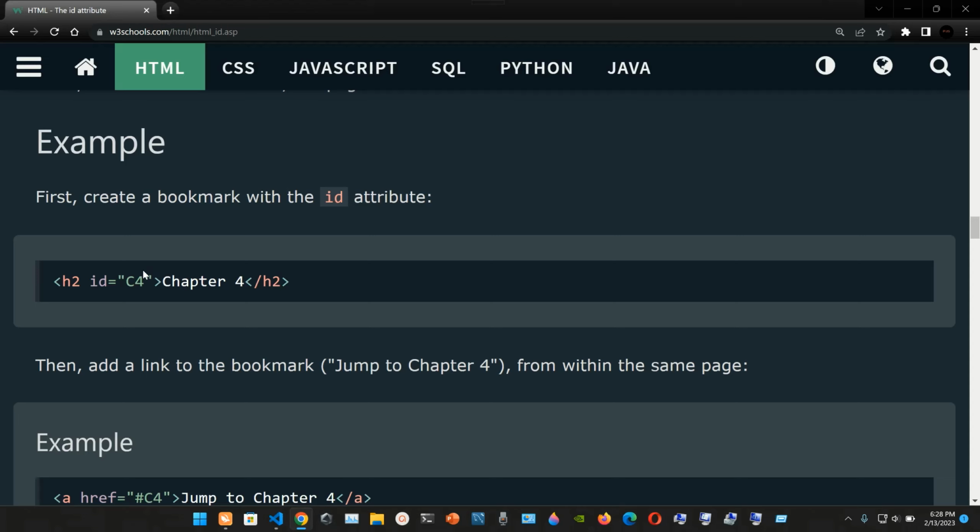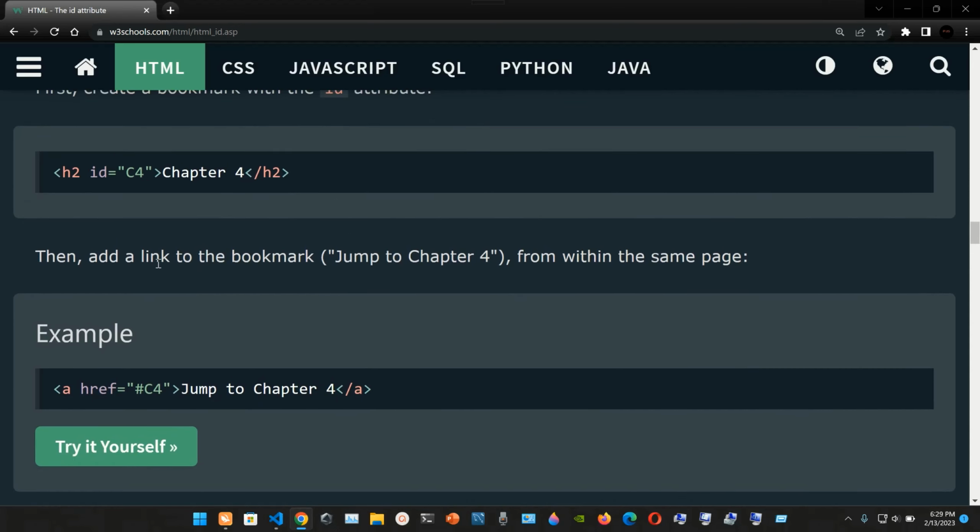Inside of the double quotes we're gonna have the C4. We close the angle brackets of the heading 2, then we have the content, chapter 4, then we end the H2 tag. Then we're gonna add a link to the bookmark, jump to chapter 4 from within the same